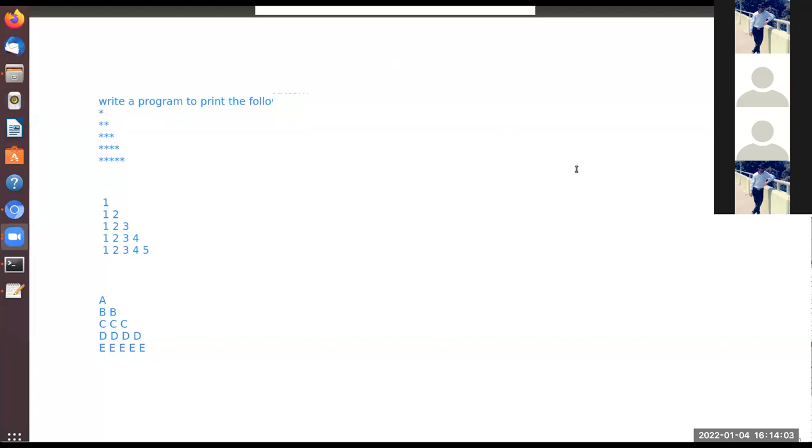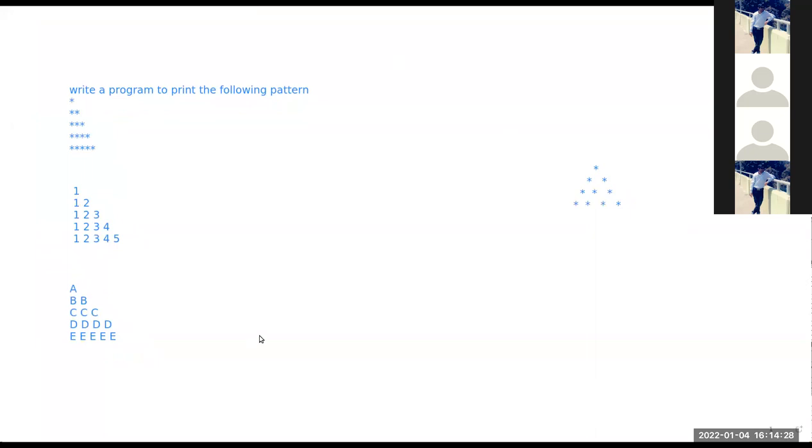Make a pattern of something like this, which means we can say a full pyramid. So this is the pattern that we need to draw. The last problem for today's class, you will need to draw a pattern something like this.